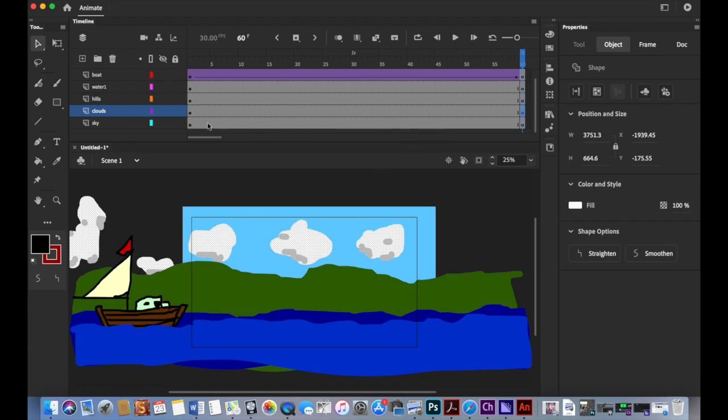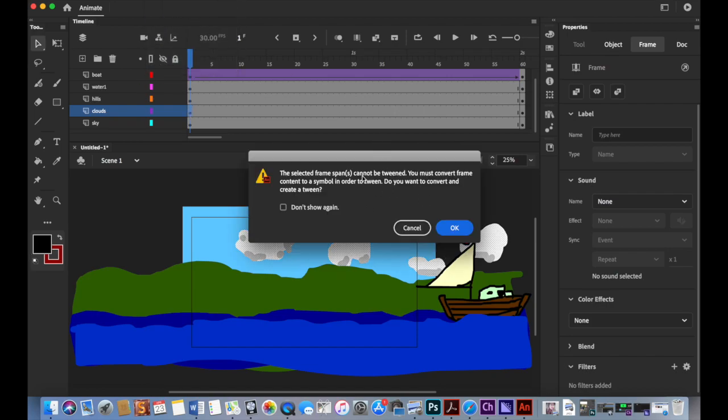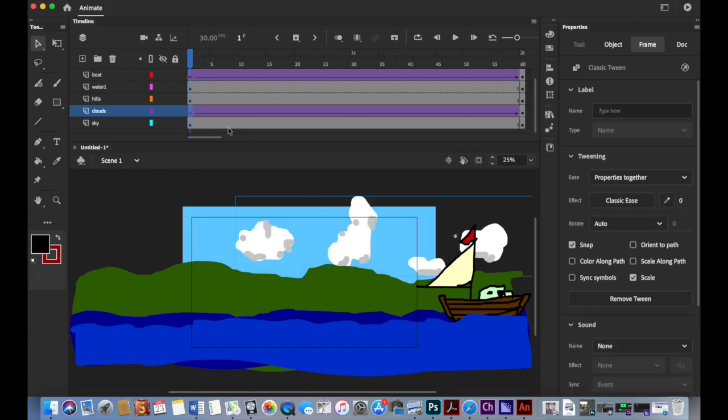Okay, so now we go back into the first frame on clouds, and we go Insert, Create Classic Tween. It will then ask us to create a symbol. I'll show you in a minute on the next one how you can create symbols, because that will be useful when you're doing sprite work. So now you can see you've got that image there. You can then play that and you can see